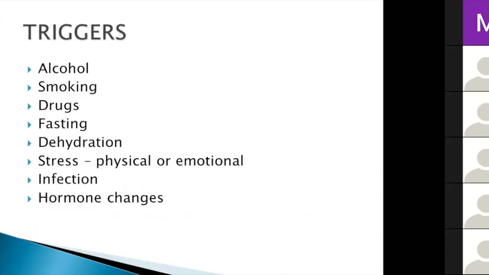So there are several triggers that lead to an acute porphyria attack. Alcohol is said to be a trigger. Smoking is a trigger. Drugs can trigger an acute attack. We're going to dwell more on drugs that we need to avoid in our department a little bit later. Fasting is a trigger because decreased glucose stimulates the first step. It stimulates the enzyme that is responsible for the first step. Hypoglycemia stimulates synthase, so there will be increased flux of intermediates before the defective enzyme, which leads to